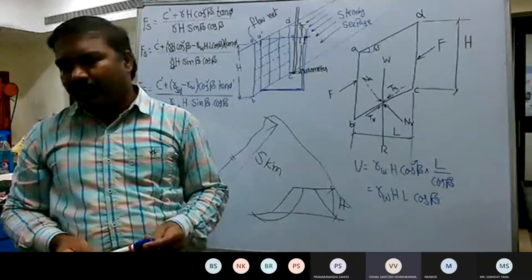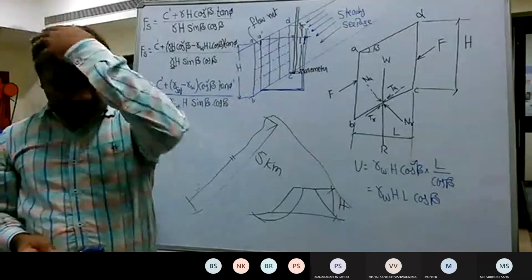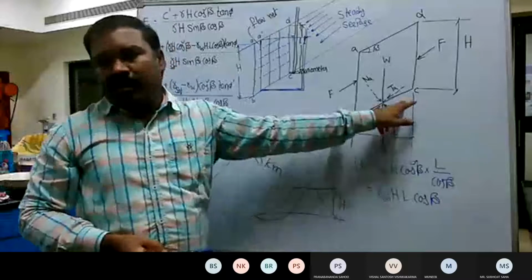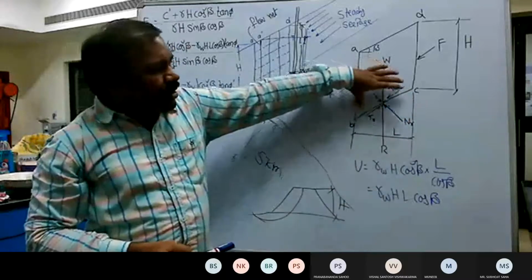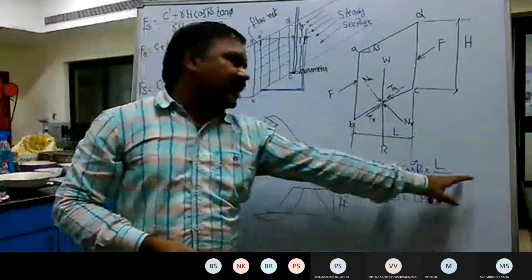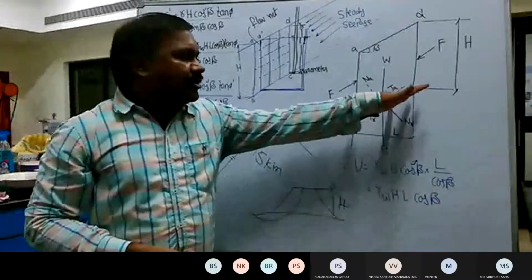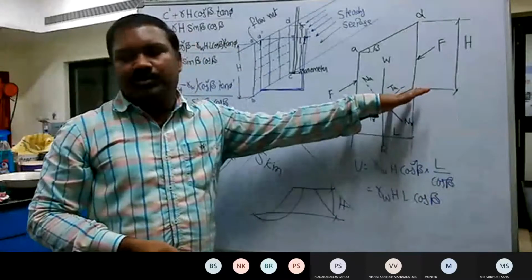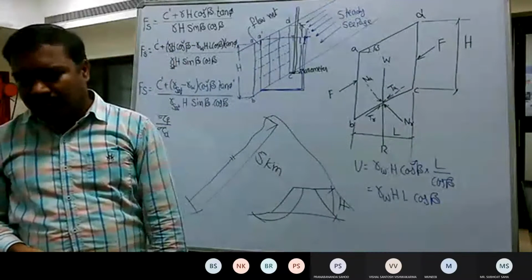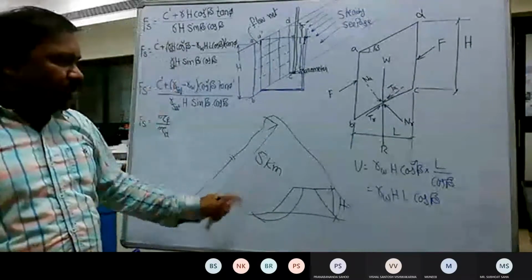Yeah, Vishal. Is this clear? I have considered a small length, that is BC. So it is calculated as L by cos beta, where the width is the unit width. So that is 1 meter. So that is a constant. Yes, sir. This is one aspect only.